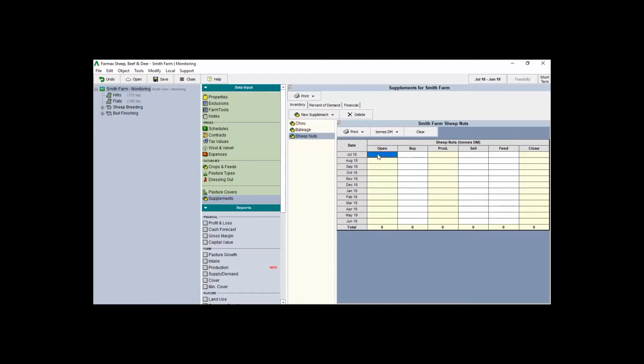Click on the opening cell and type what you started the season with. Press Enter. When you purchase more, click on the purchase column and type the amount you purchased. Press Enter. If you want to edit various elements of existing feeds in Farmax or add a new one, this